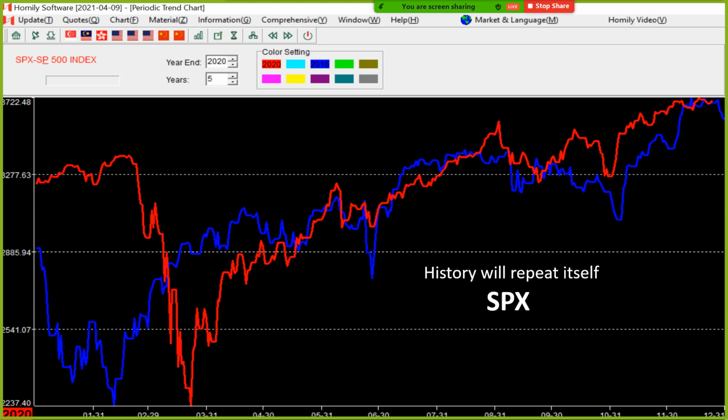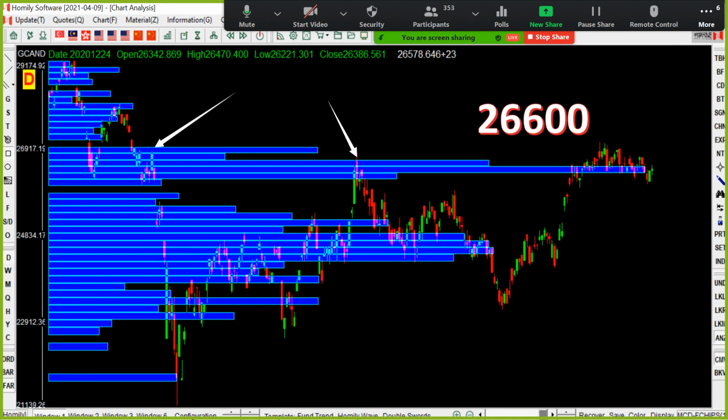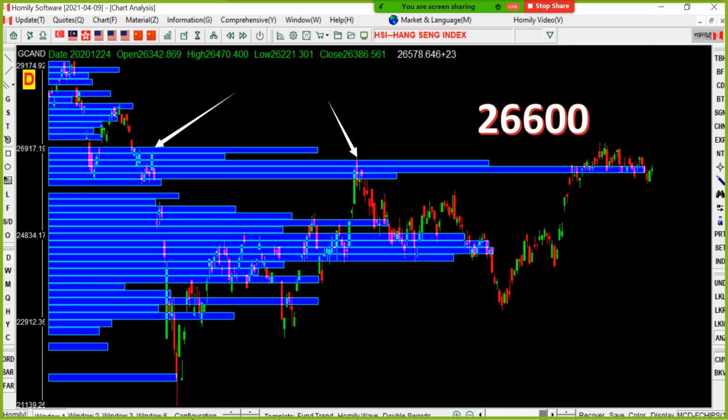But for some traders who are not long-term investors, the most important thing should be the sector and the individual share, and how to put the investment into different baskets. So we can check some other indexes for the local and the Hong Kong market. For the Hong Kong market, the Hang Seng Index is also sitting around there. According to the chart, we can see an important resistance level in the downtrend around here.